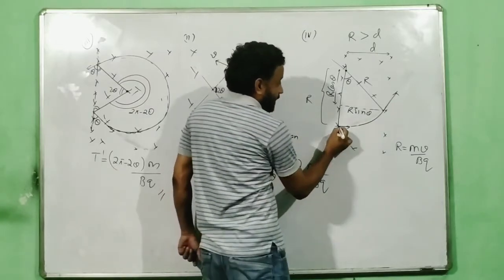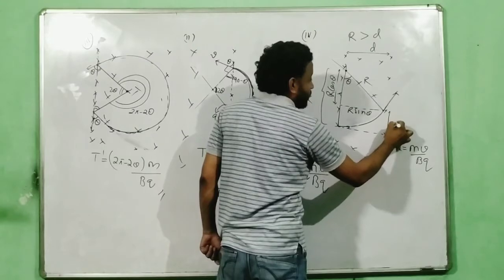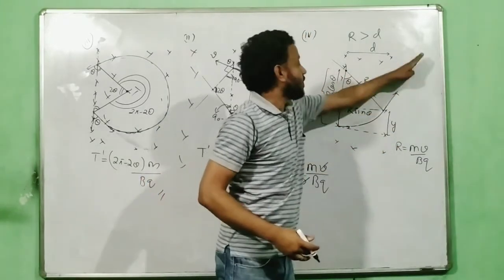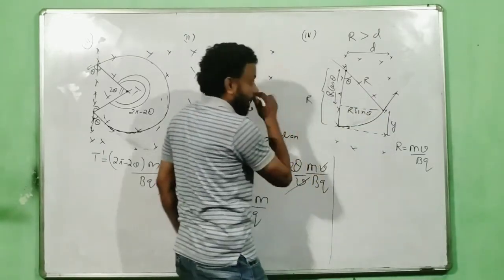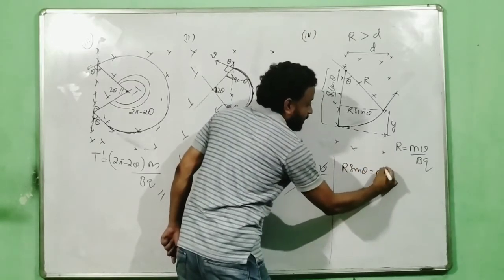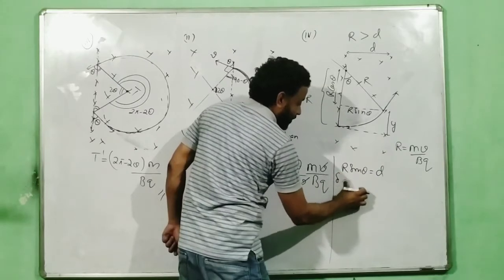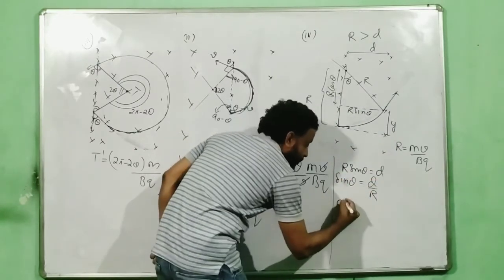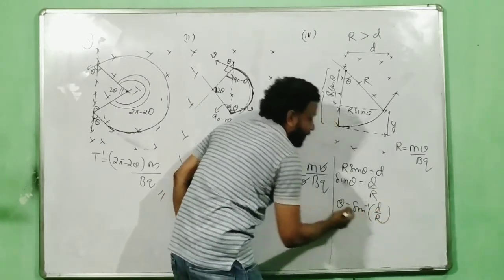Okay. Now it started from here and then it is coming out from here. This I am calling y. Y is the shift. It entered from here and has come out from here. So this is y. Now look at here how I find this entire thing. How will I find theta first? Now we have to write r sin theta equals d. Agree? So sin theta will be equal to d by r. Therefore, theta will be equal to sin inverse of d by r.